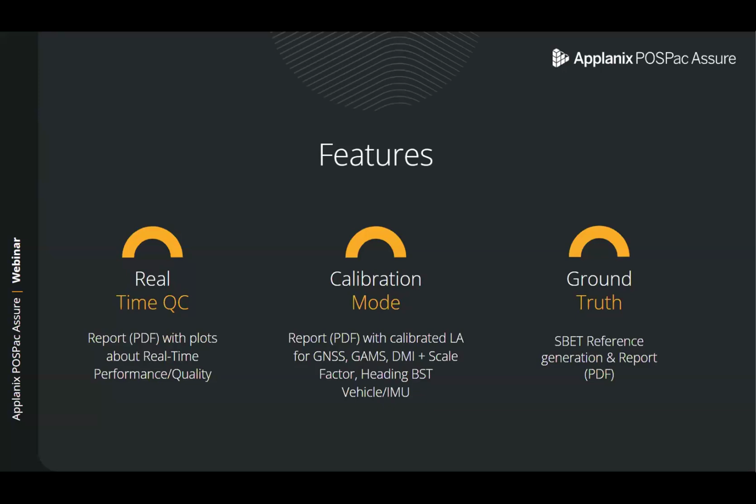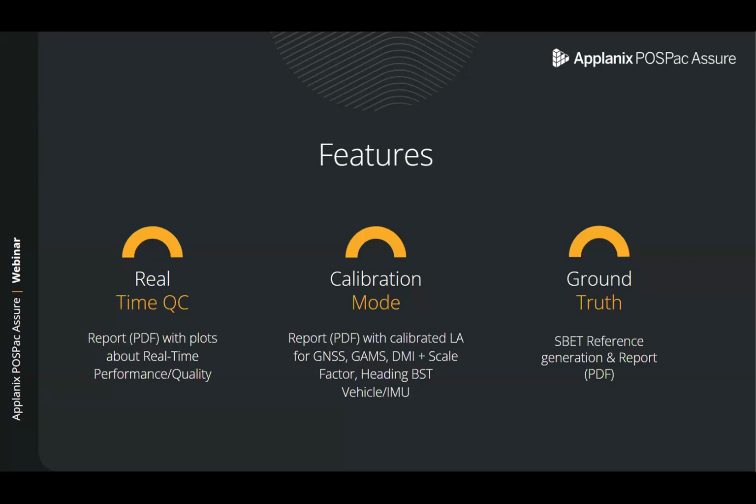So we are servicing three main features here. The first one is called the real-time QC. Real-time QC would generate you a tailored report, like a PDF file that contains plots about the real-time performance and quality. Not only plots, but also tables and some values. So at the end, it's going to be a PDF report that gives you a really good quality assessment